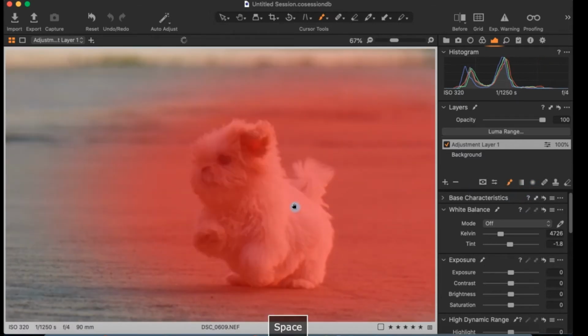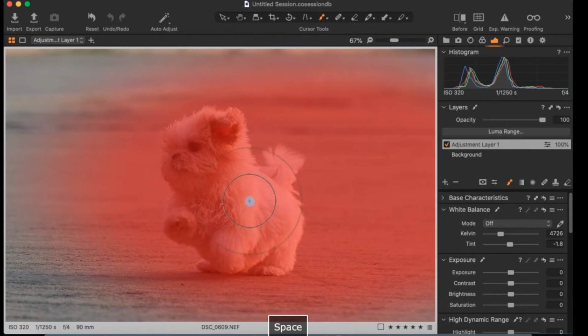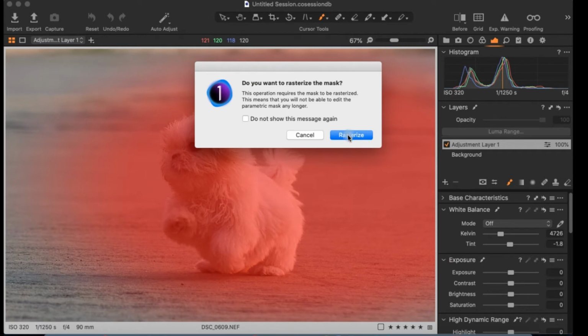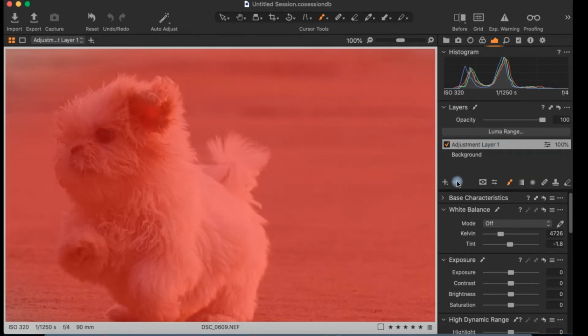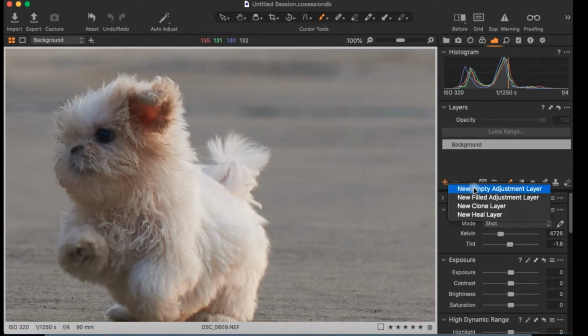Let's zoom into the image a little bit, and you can use the bracket keys to reduce or increase the size of the brush. Let's delete this and begin on a new empty layer.